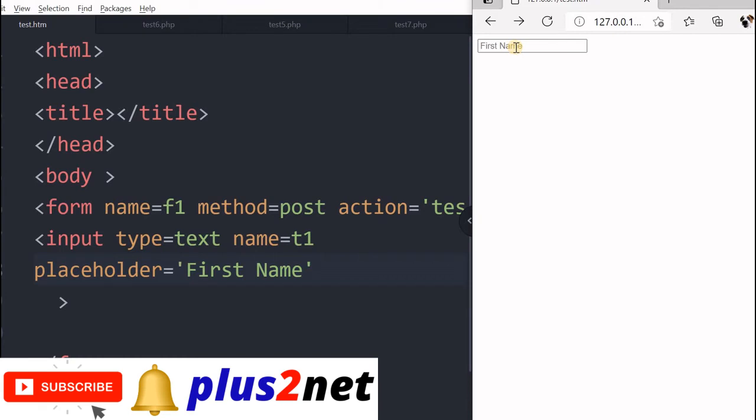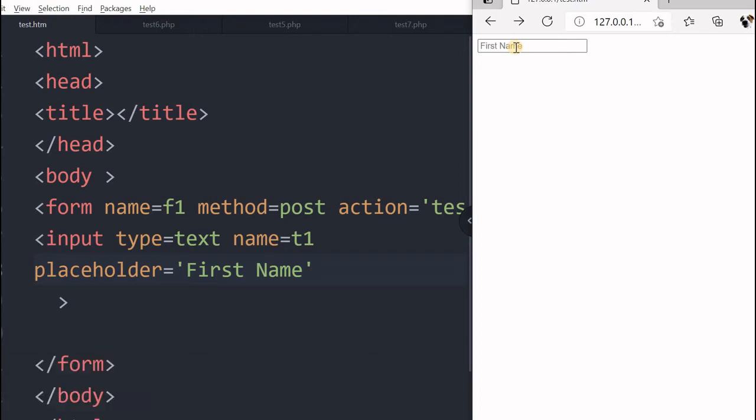Value is what the user submits, and it will not change anything. The value itself will carry. It's default data already entered. But placeholder is only a hint. This is not data which is already there. If I click it, it will go and I can enter my data. So that is the purpose of placeholder. It is telling me what this input box is for, or it is a hint to the user.